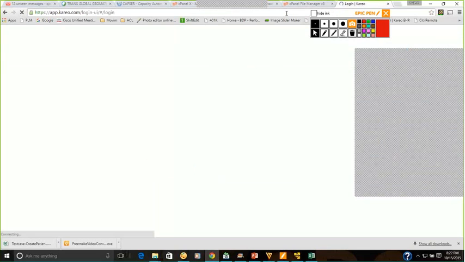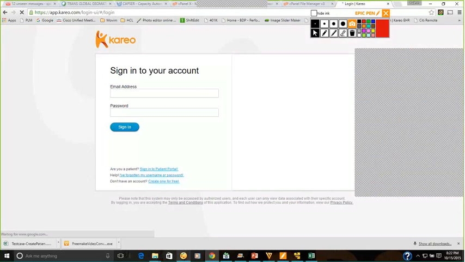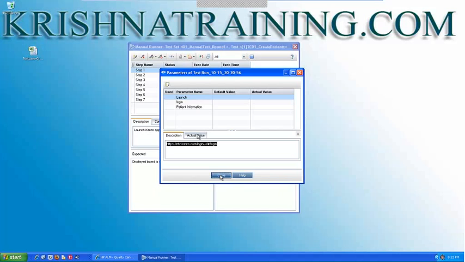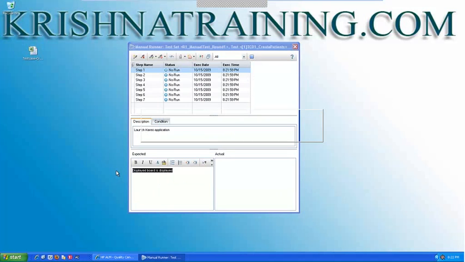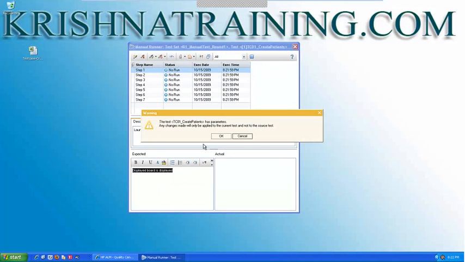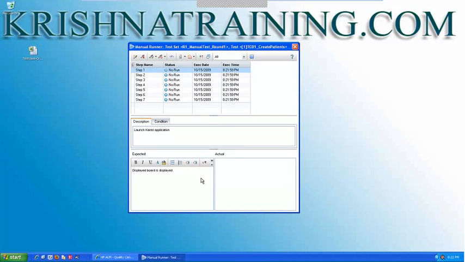Application is launched. Close. So what is the expected? What is this? Display board is displayed? Okay, something. I can't make changes here. But say, for example, the application is displayed. So I will say